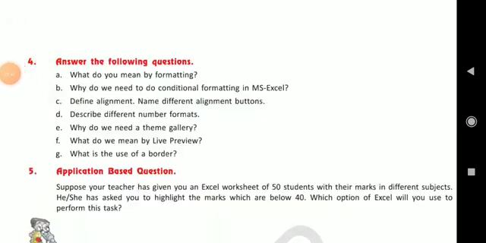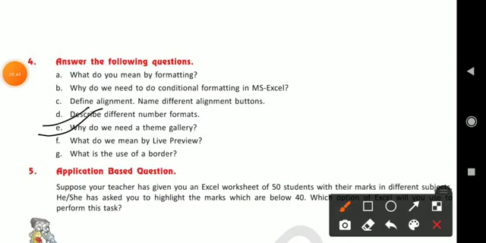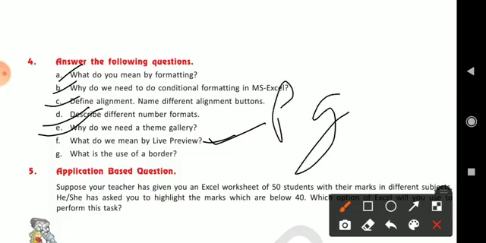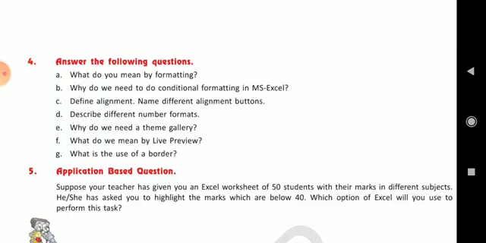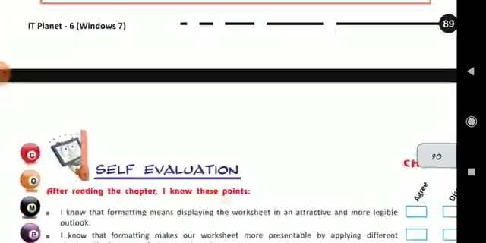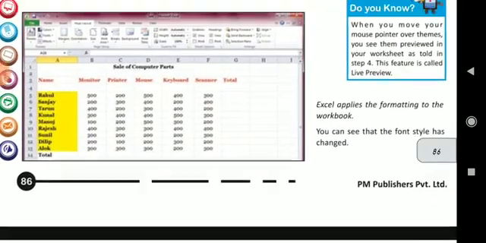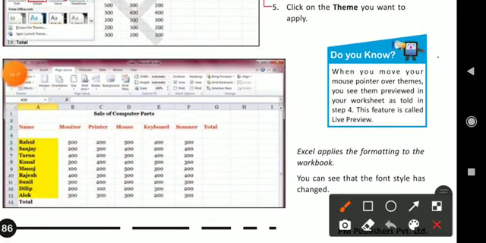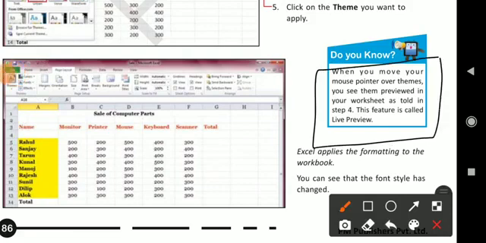E we have completed. D, C, B, A. Now, what do you mean by live preview? When we click on a theme, we see the preview of that theme, which is called live preview. Again on page number 86 you will get the answer. When you move your mouse pointer over themes, you see them previewed in your worksheet.